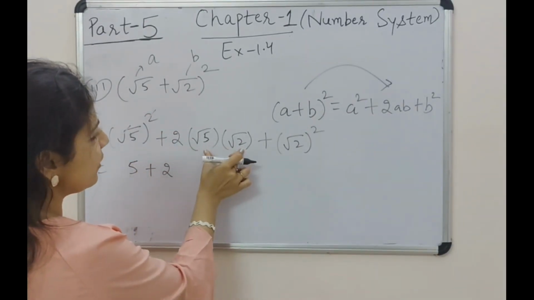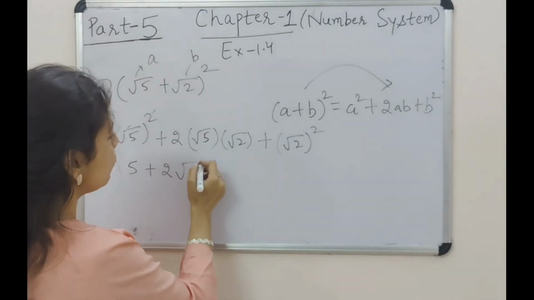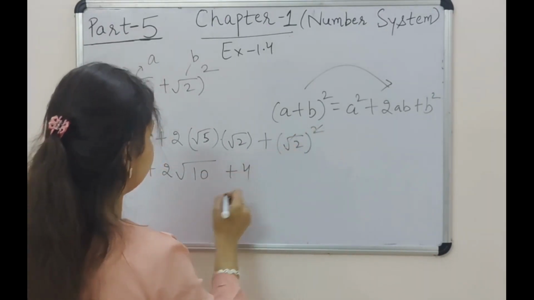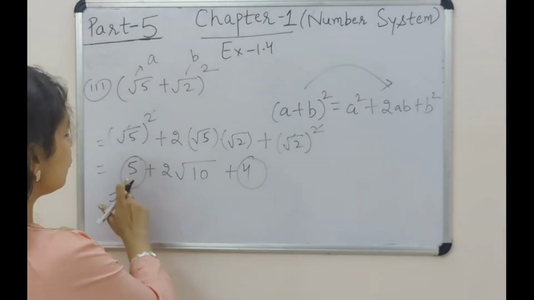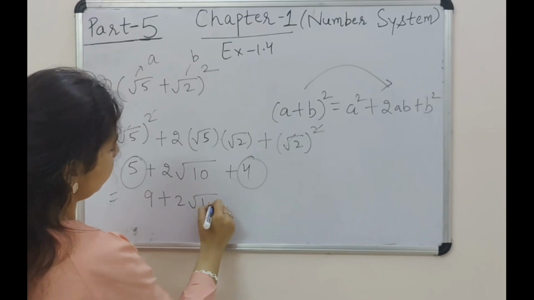We can combine them whenever there is a product. We can just put them together in a single square root. 2 5s are 10, and again these cancel. These are the constant values which can be added together. So 5 plus 4 becomes 9. Very easy to solve.